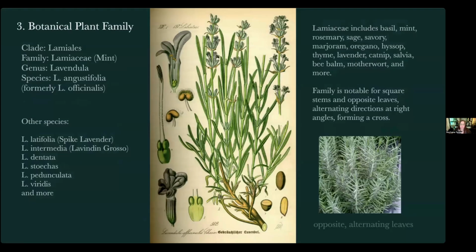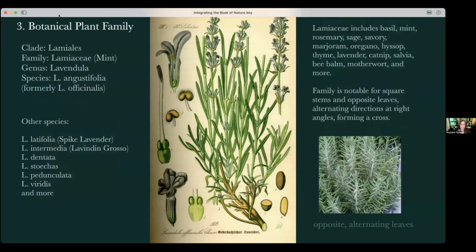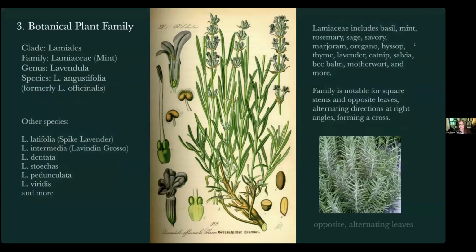With this botanical family, it's the mint family, and it includes basil, mint, rosemary, oregano, all of those, a lot of herbs that you're probably very familiar with in your kitchens and medicinally. And there's quite a few species of lavender. So the one that FES, the Flower Essence Society, makes its essence from is the Angustifolia species, formerly called the